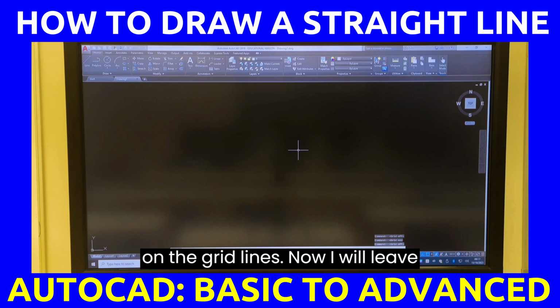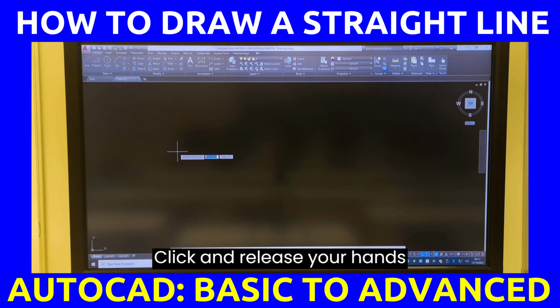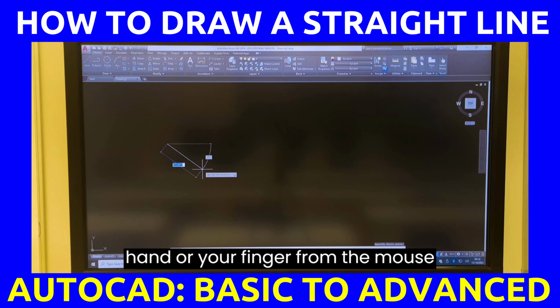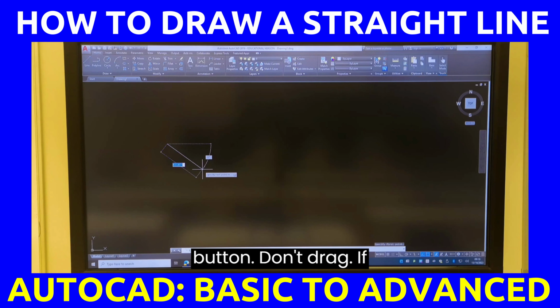To represent the wall with a line, step 1, click on the line tool. Click and release your hand or your finger from the mouse button. Next, click the starting point of the wall. Click and release your hand or your finger from the mouse button. Don't drag. If you shake the mouse, you discover that this cannot give us a straight line, but we need